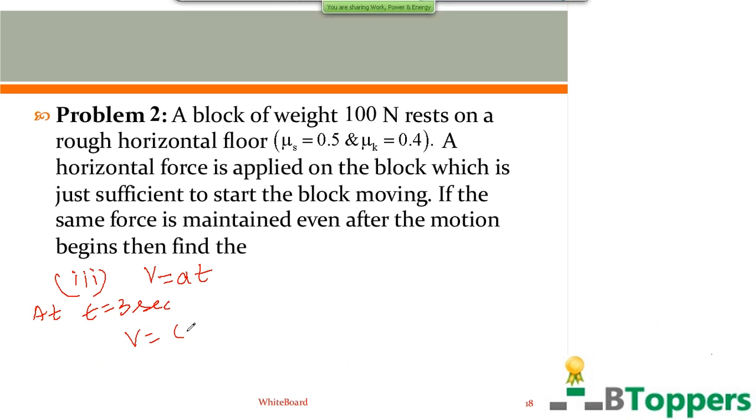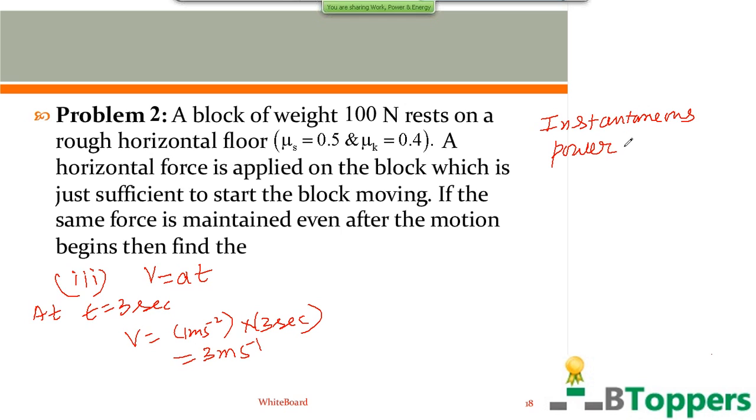v equal to a into t. Here a is 1 meter per second square. To find the instantaneous velocity at the end of 3 seconds, you have to put t equal to 3 seconds. That will be 3 meter per second. So instantaneous power at the end of third second